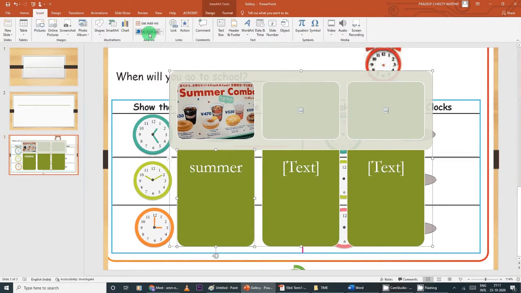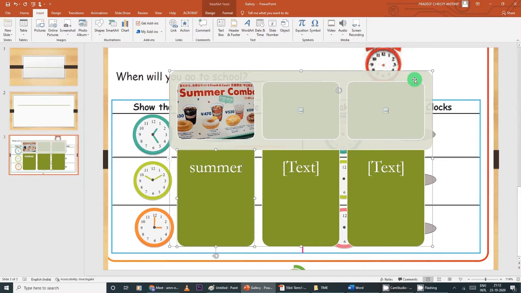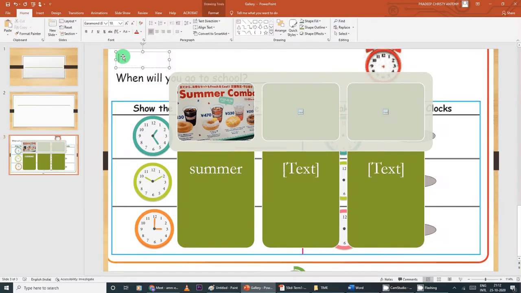Then all these we don't need. The important one is a text box. This text box is a very important tool where in any slide you want to include your own option text box for activity. So you can just select text box and wherever you want the text box you can just drag and you can type seasons.